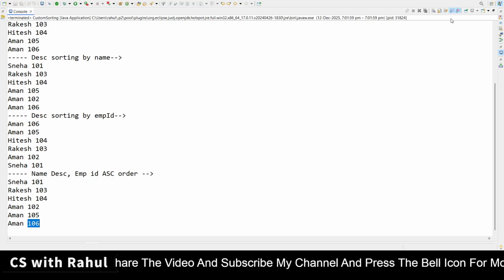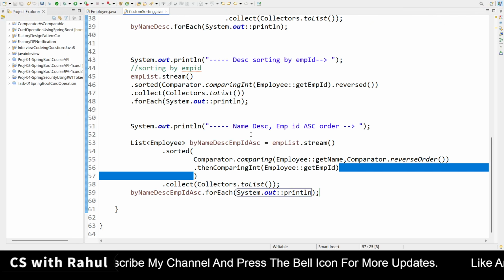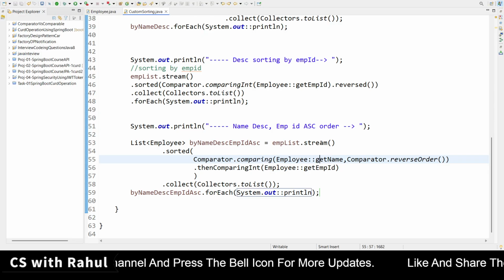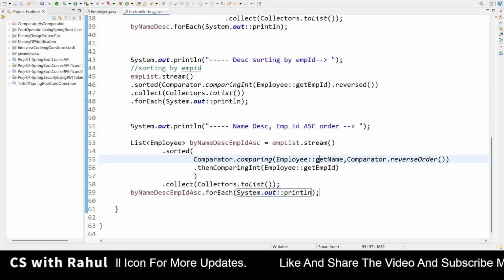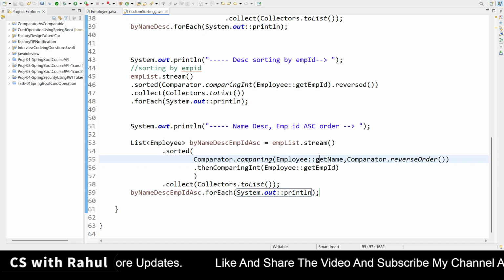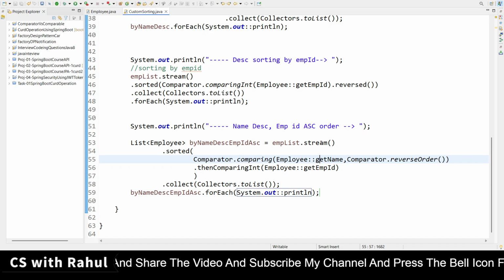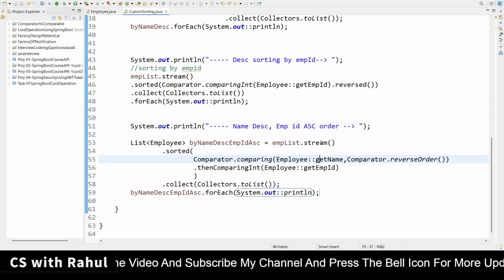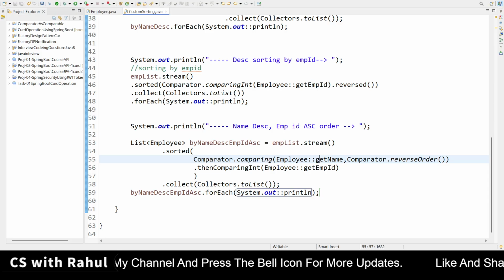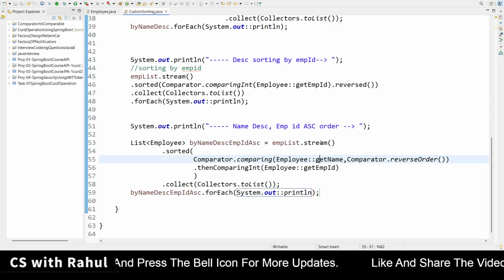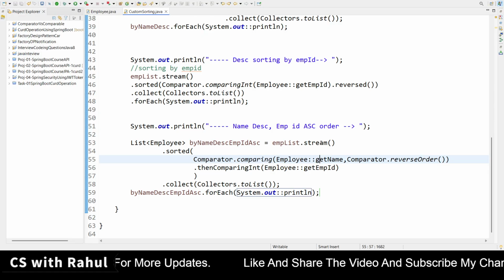Now what we need to do? If I need to sort in descending order, name also in descending order, as well as employee ID in descending order, both in descending order, then what can I do? Definitely I can compare it with Comparator.reverseOrder, both reverse order.